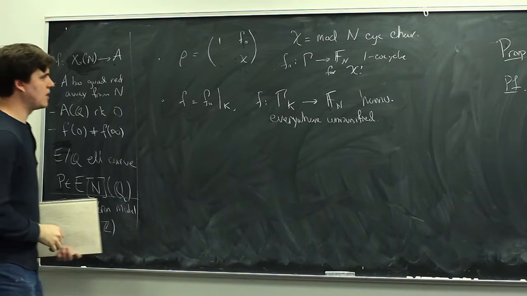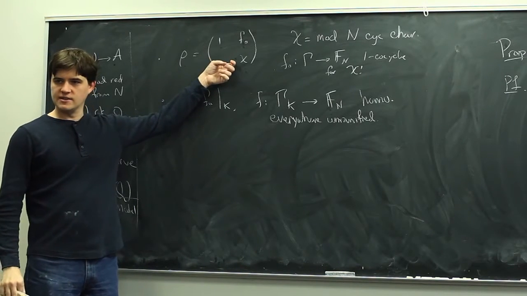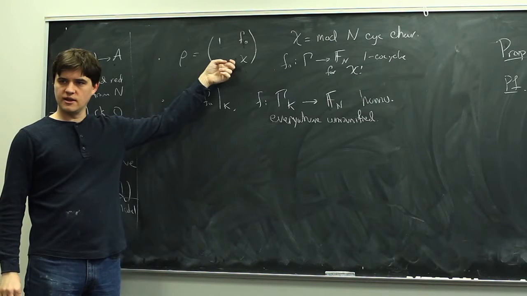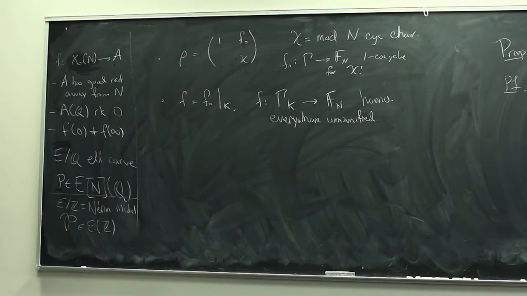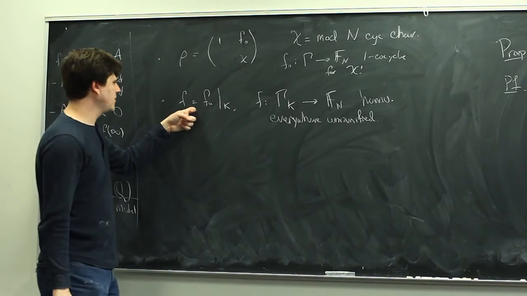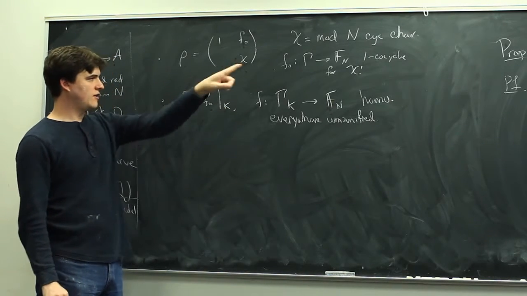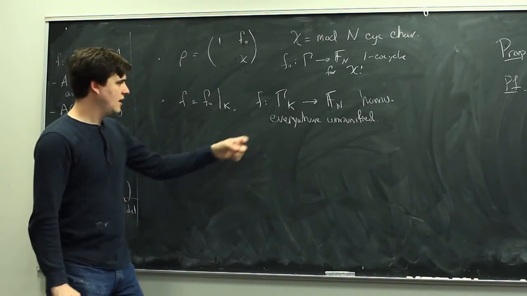I mean, that doesn't really matter, but if you wanted to classify extensions like this, it'd be H^1 of chi. It satisfies the 1-cocycle identity. That's what you need for it to be a representation. Okay, so the restriction of f0 to K, we know it's everywhere unramified by that proposition, and it's actually a